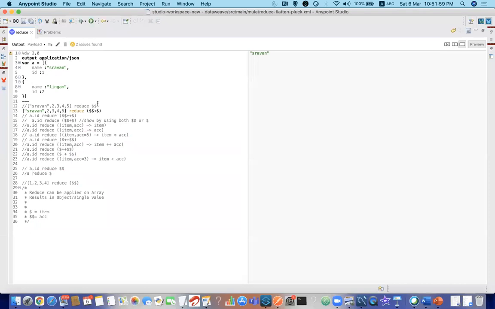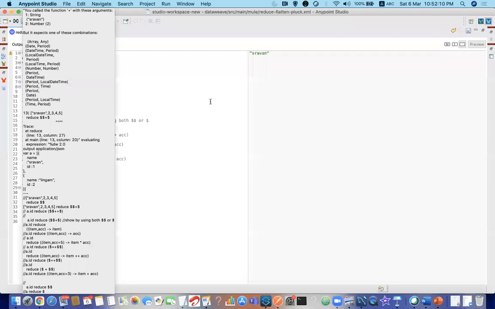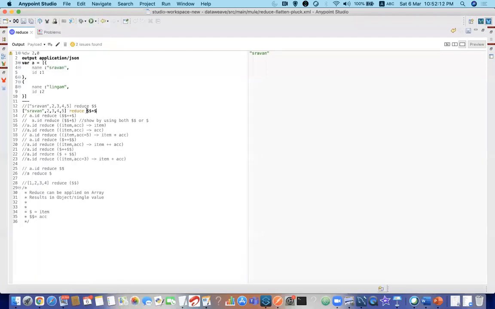Sorry, why is it giving this? Okay, what happened? You have to give a space, plus, space in between. Okay, so the accumulator is something which will add the result of each iteration.